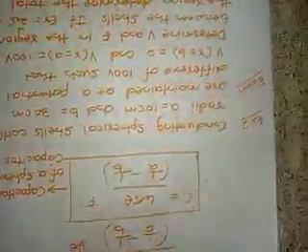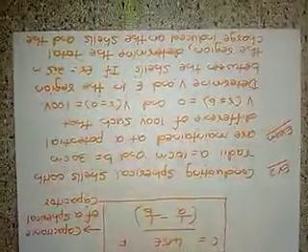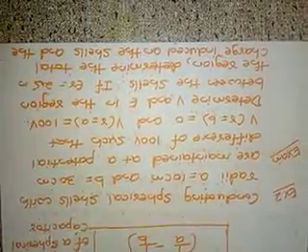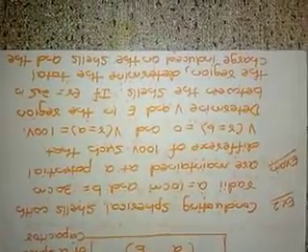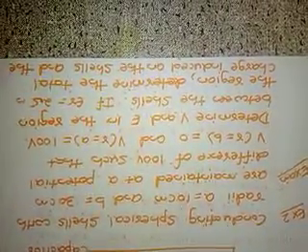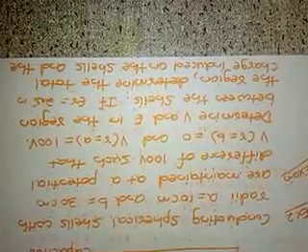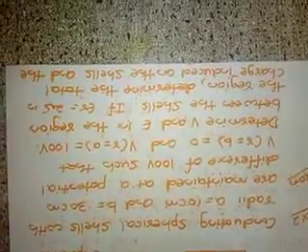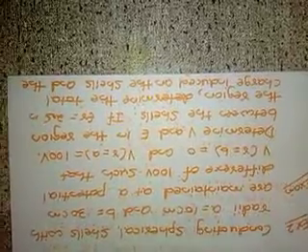Let's take a second example. Conducting spherical shells with radii A equal to 10 cm and B equal to 30 cm are maintained at a potential difference of 100 volt, such that V at R equal to B is 0 and V at R equal to A is 100 volt. Determine V and E in the region between the shells. If epsilon R is equal to 2.5 in the region, determine the total charge induced on the shells and the